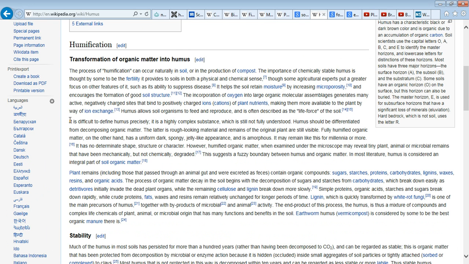Here we go. It is difficult to define humus precisely. It is a highly complex substance which is still not fully understood. So remember when I was saying that in all man's knowledge, he can't create the things which God has created,